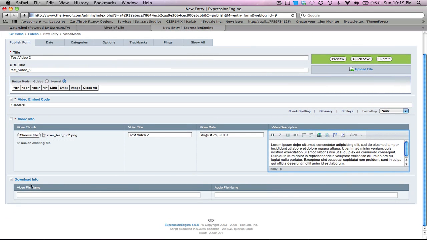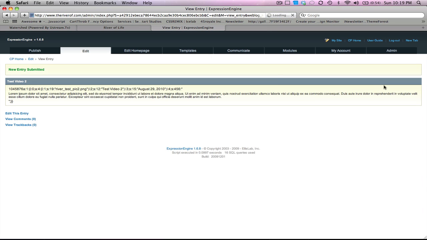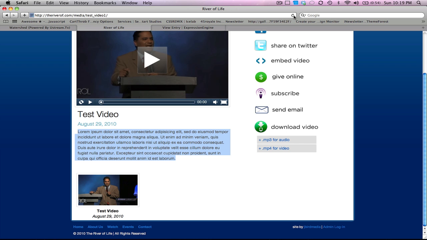Down below, you're going to see download info for video file name and audio file name. And that is going to be just the simple file name, whatever it is named once that program puts it into the FTP. Don't worry about that for right now. We will look at that once we conference call and see exactly what that program is going to do for us. Okay, so if you click submit, it's going to upload that thumbnail, and then if we go back and refresh the page,